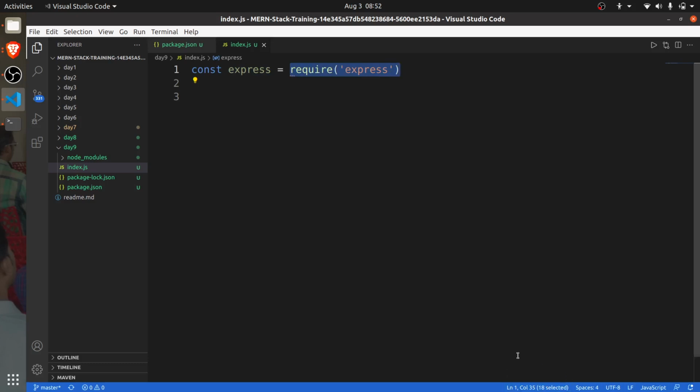Remember that. Express is a node module, but from where does it need to start? It reaches to the file you have mentioned in the main of the package.json.